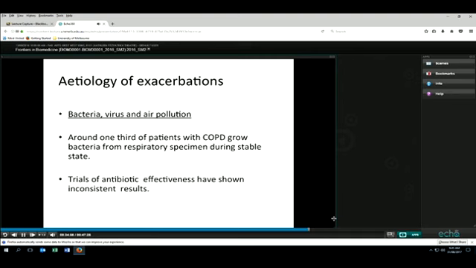Usually when we see people in hospital, it's presumed that they have a viral exacerbation, but if people have a significant systemic illness and particularly significant increased sputum production or increased sputum purulence, we assume probably that there's a bacterial component to their exacerbation as well. So most people will be treated with a combination of oral corticosteroids for their exacerbation and probably antibiotics for presumed